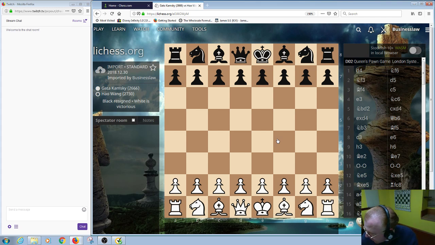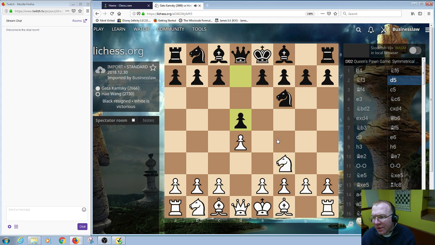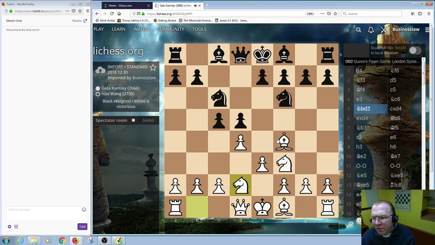Okay, do it to it. D4. E6. E3. D5. Bishop F4. C5. E3. Knight C3. Knight bd2. C takes D. E takes D. Queen B, and then Knight B3. This is kind of a London system setup